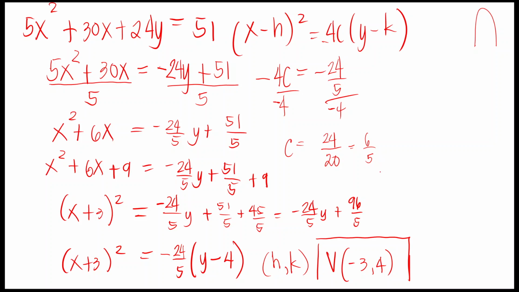See, it is also a great thing to know the definition of what these letters mean, no? C is a distance, and initially we get a negative value for c, and we know that it is a distance, so it should be positive. And therefore, we have to revert the sign and recalibrate our solution. From here, we get that the distance from the vertex to focus is 6 all over 5. How much is that? 1.2. Okay.